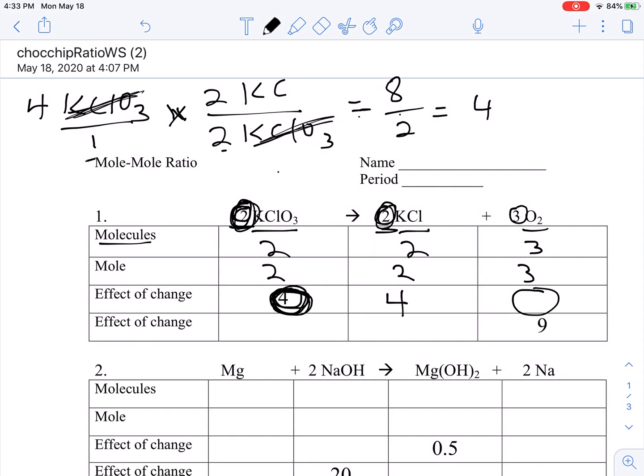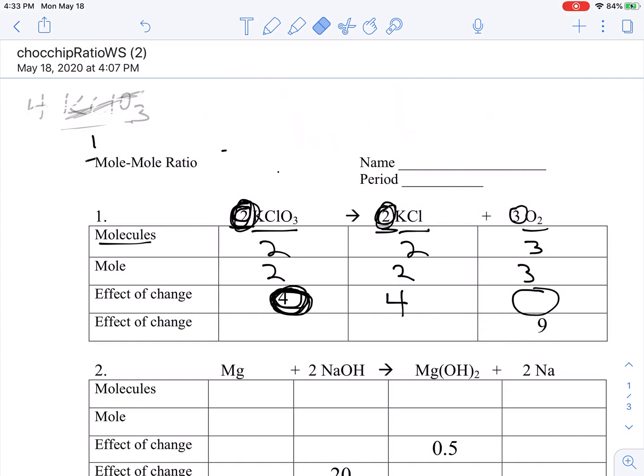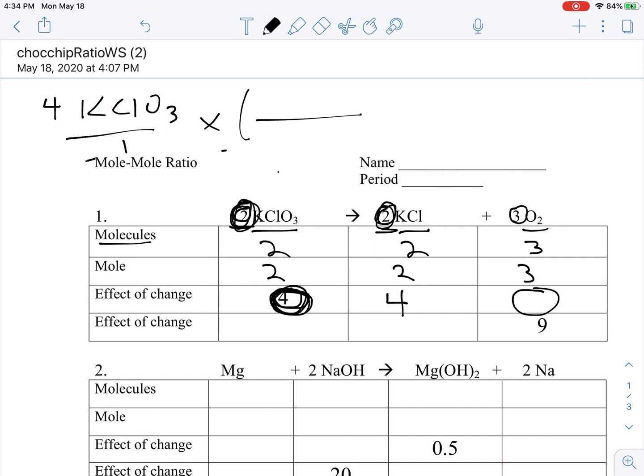How much oxygen would we have? Well, again, we're going to just do the math on this. I think you can see that there's a pretty easy way to do this, but let's just do the math. So if the potassium chlorate instead of 2 was 4, before 1, and our conversion is for every 2 potassium chlorate, and again I'm putting potassium chlorate on the bottom here because it was on the top here. So we've got, for every 2 potassium chlorate there are 3 oxygen,